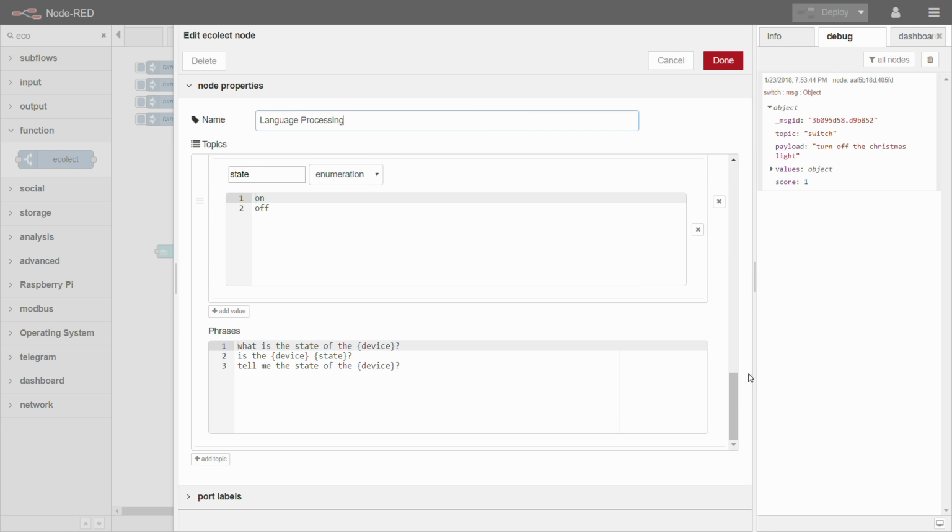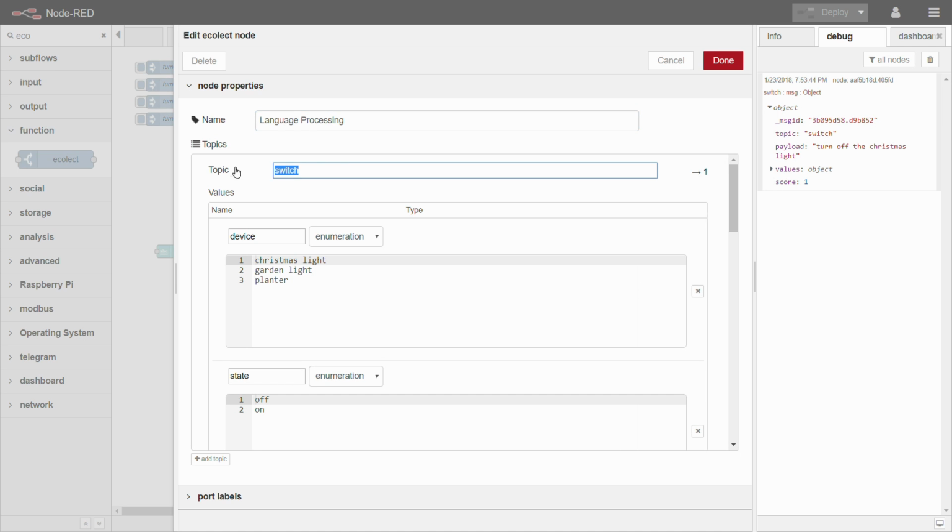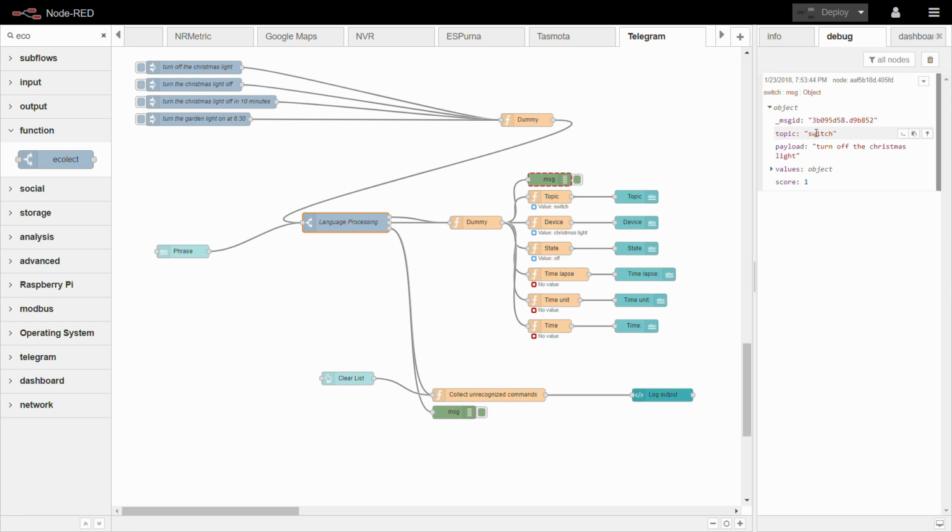That's because the node has recognized that I was interested in the switch topic, or the switch intent. So the message.topic got updated with the actual topic. The payload remains the same, so that's my original question. But in addition, within the message object, I also have a values object which contains all my